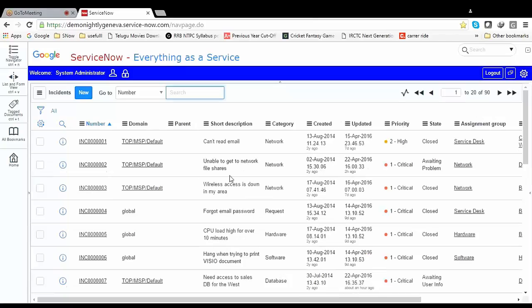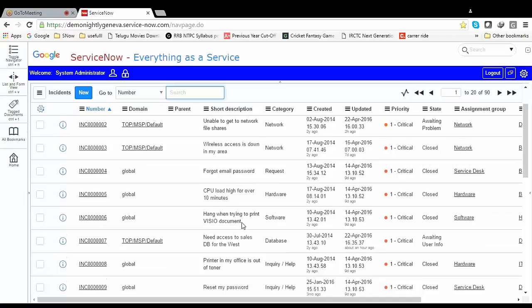Yeah, if you observe here, the short description says "hang when trying to print the user document, need access to sales, preview level." If you remove the wrapping,